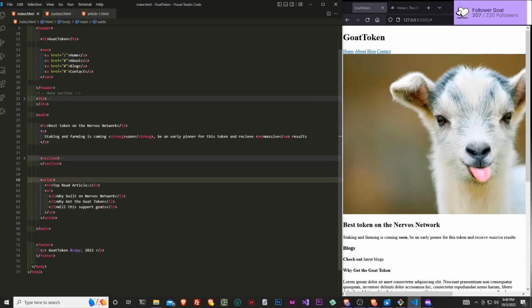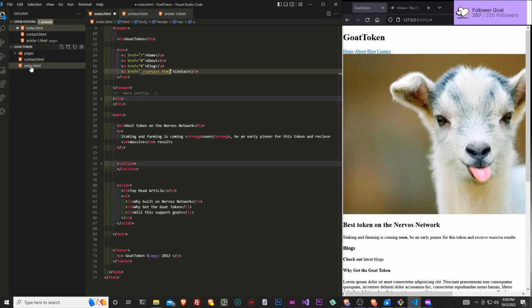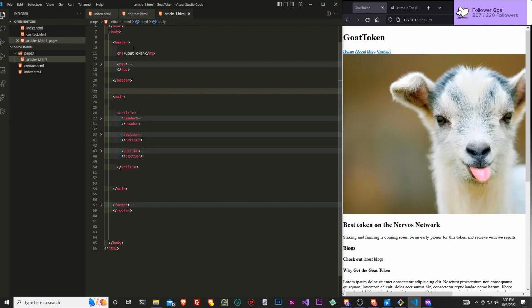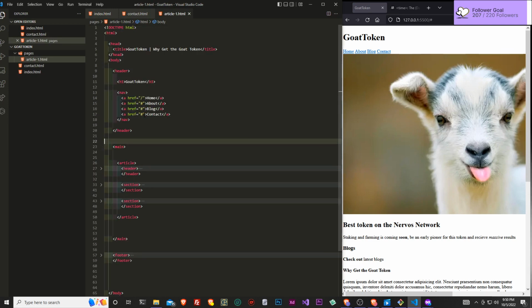And inside of our index.html, we just want to update this. So best thing to do is do a ./ and just type in the link or the URL to where the file is located. In this case, our file is located at the same place as our index.html, and just press enter. And inside of our article, inside of this nav, we want to make sure that, you see, if we do the ./ it doesn't even show us here. We need to do ../ in order to go back.